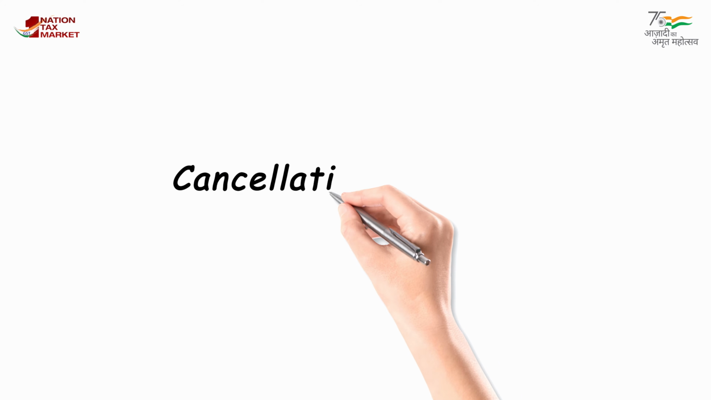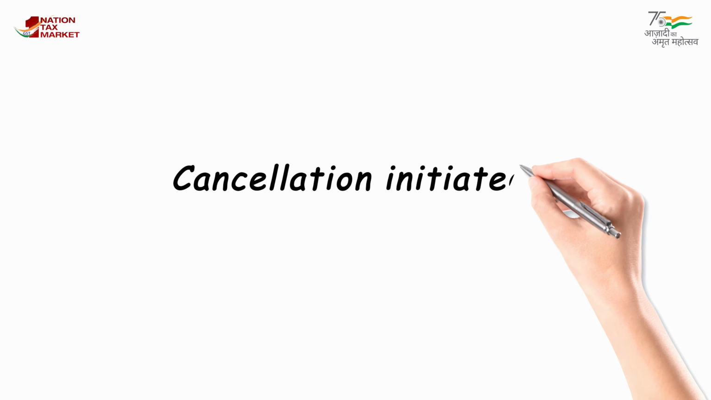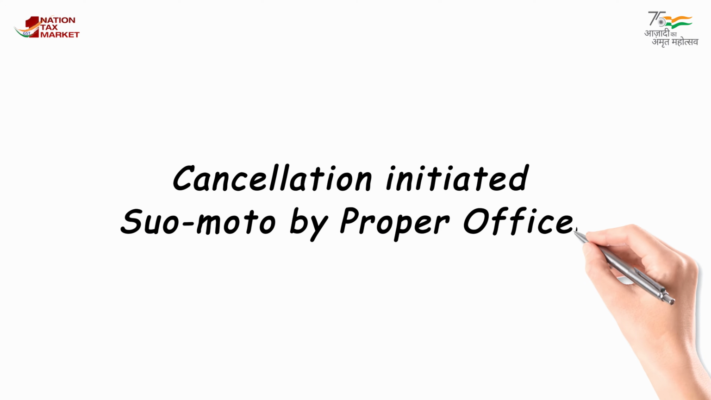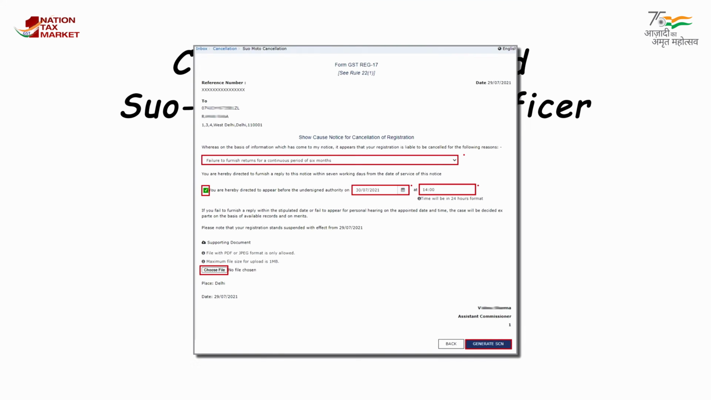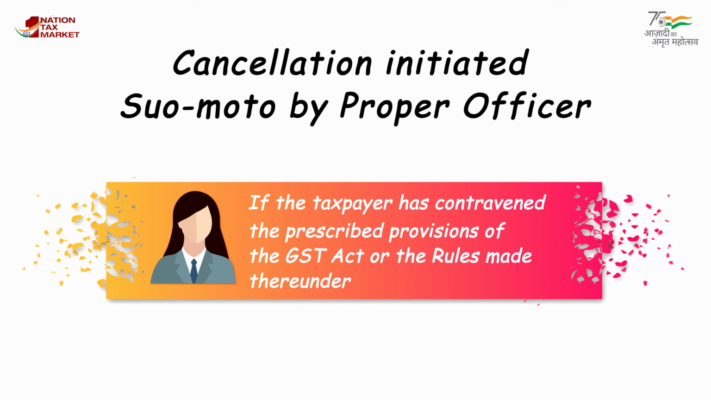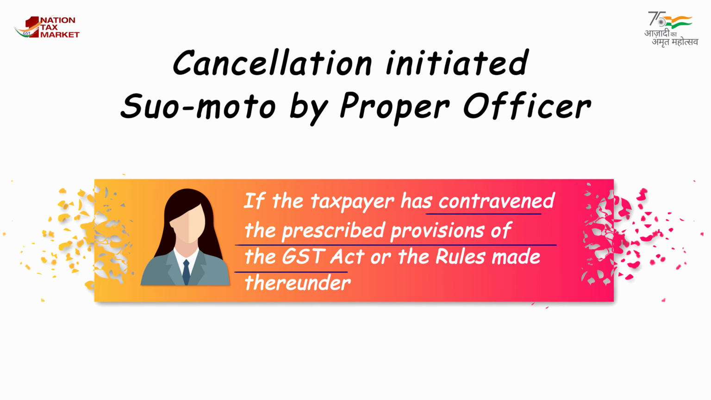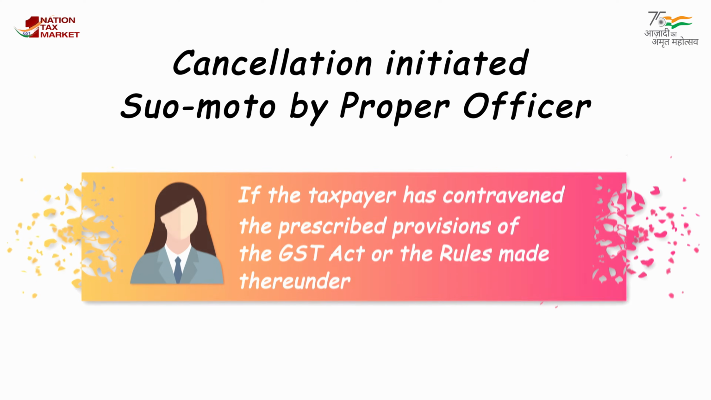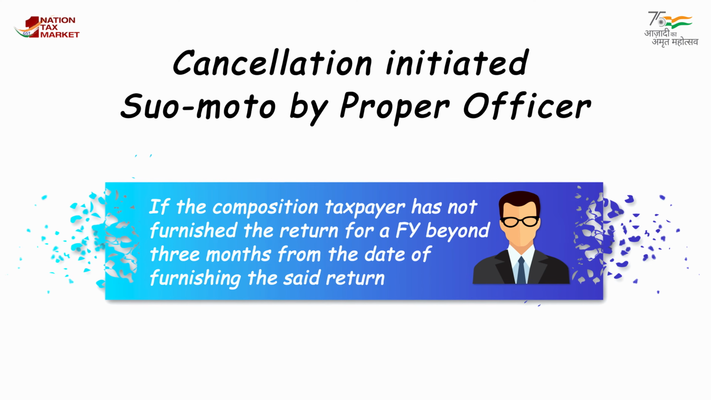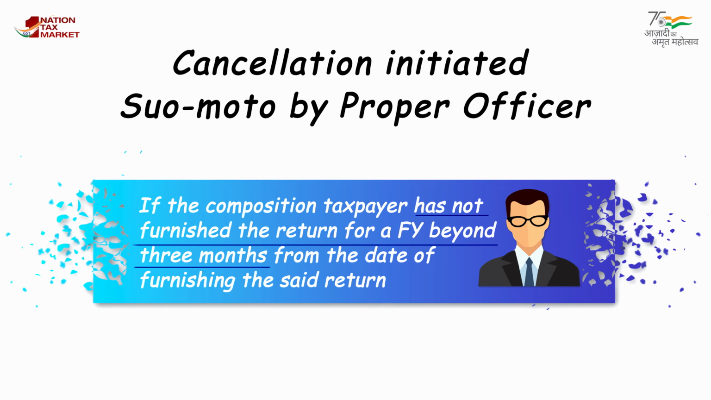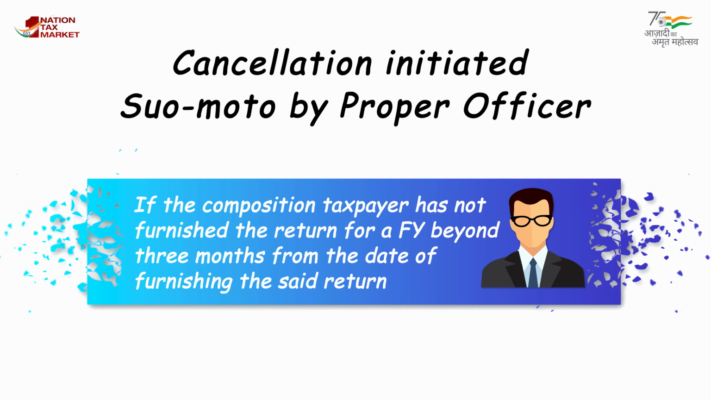If the proper officer has reasons to believe that the registration of a person is liable to be cancelled on account of any of the following reasons, a show cause notice in Form GST REG-17 will be served. If the taxpayer has contravened the prescribed provisions of the GST Act or the rules made thereunder, if the composition taxpayer has not furnished the return for a financial year beyond 3 months from the date of furnishing the said return,